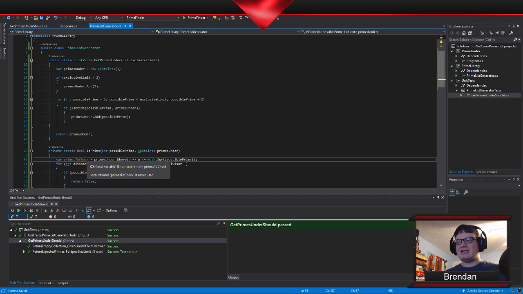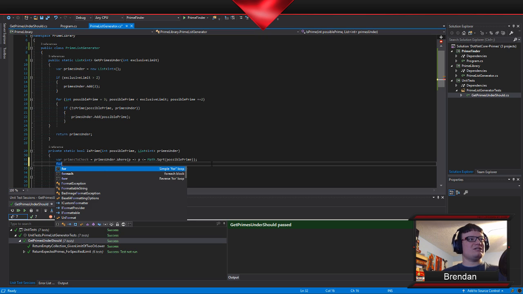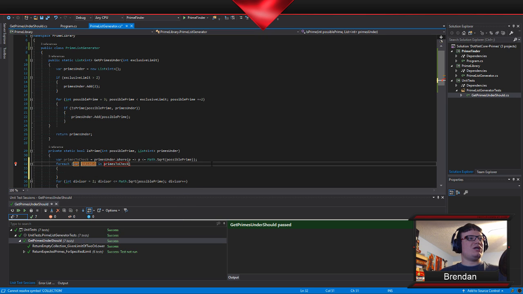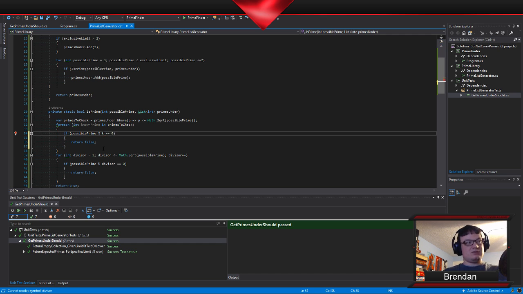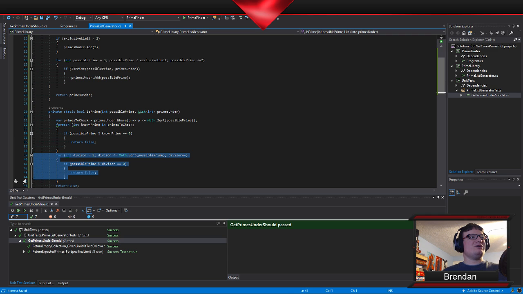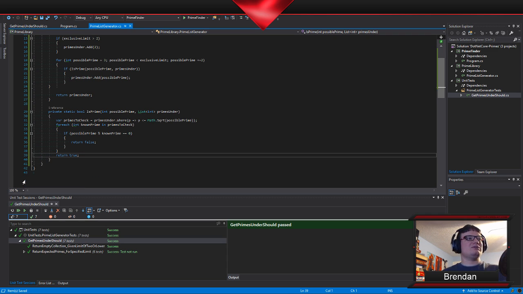So I need to check only prime numbers that are less than the square root of the number I'm checking. So now I'm going to say for each prime to check, I'm going to call that a known prime, and then we are going to say if possible prime divided by the known prime equals 0, return false. And I'm going to get rid of this old method because I don't think we need it anymore.